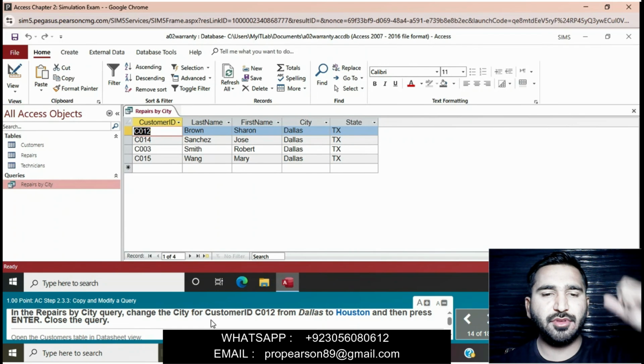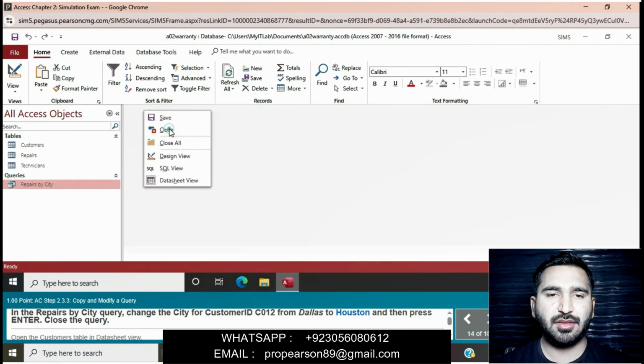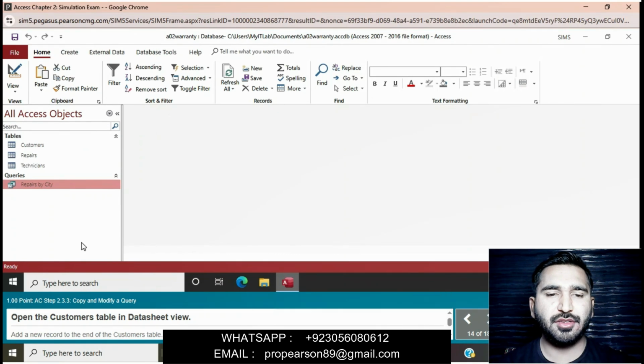Simply we will click on city and then remove this Dallas and then type Houston, H-O-U-S-T-O-N, and then press enter and then close it.